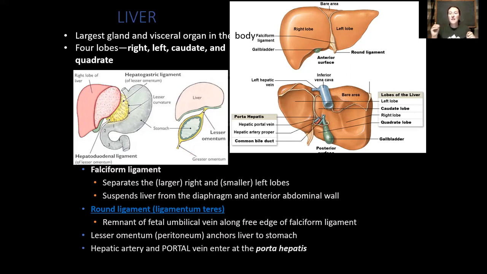Okay. Final feature of the liver that I want to point out on this slide is that the hepatic artery and the portal vein enter the liver at the porta hepatis, right? So just like we saw in the lung, there is one location where everything enters and exits: blood, in this case, bile as well. Everything is going to pass into and out of the organ from the same spot. And this term essentially means the portal into the hepatic, into the liver.